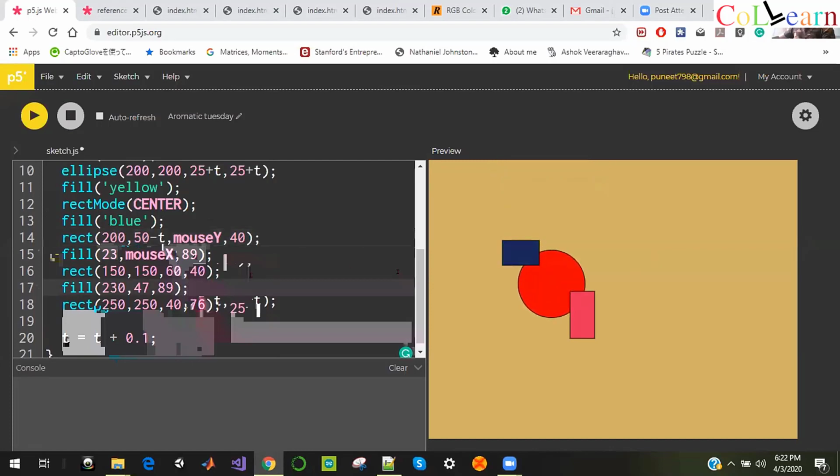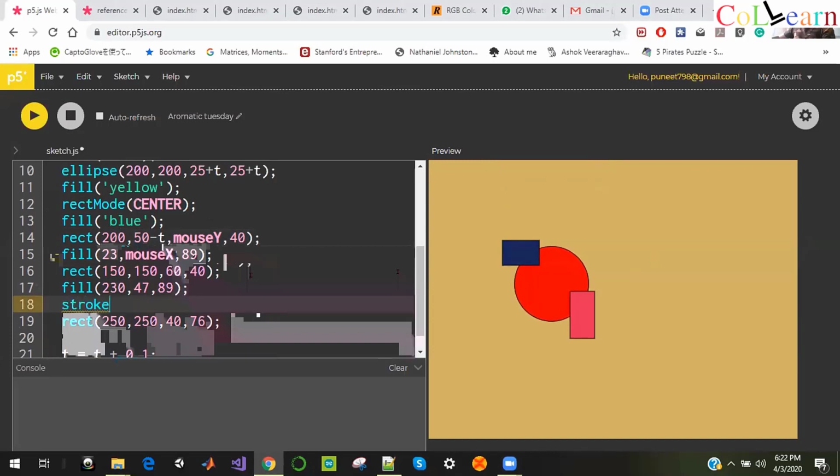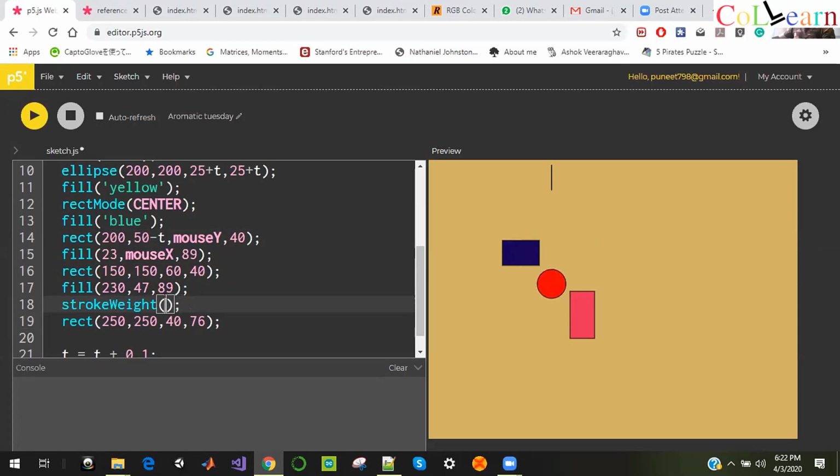If you want to change the boundaries of the rectangle, the command is stroke weight. Just before the rectangle you write stroke weight, okay, not 1, maybe 8. Now we see the entire rectangle's boundaries have changed.